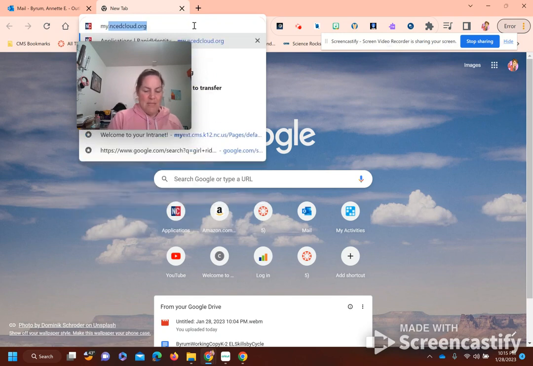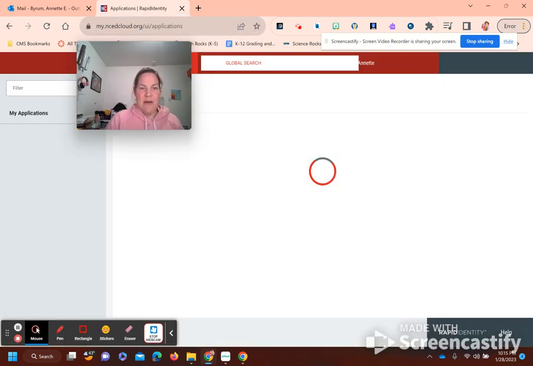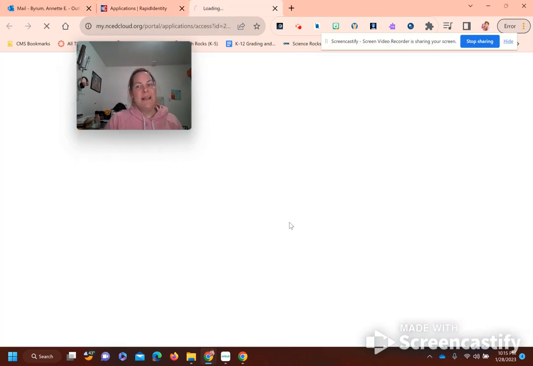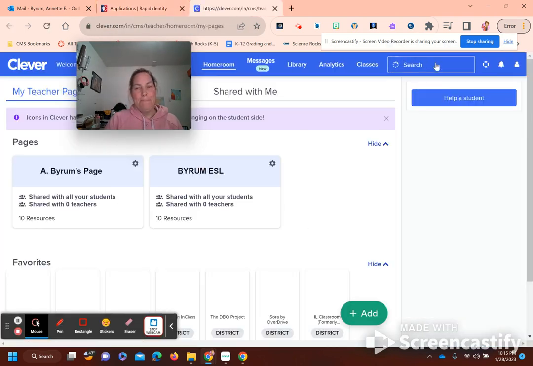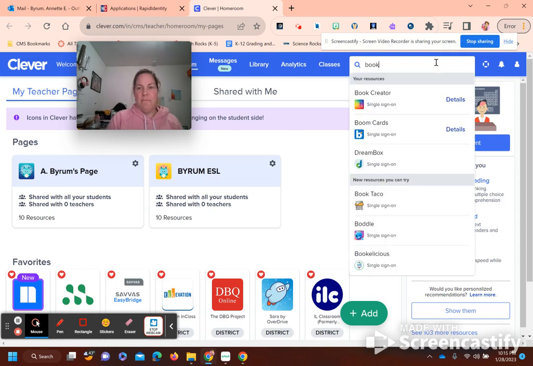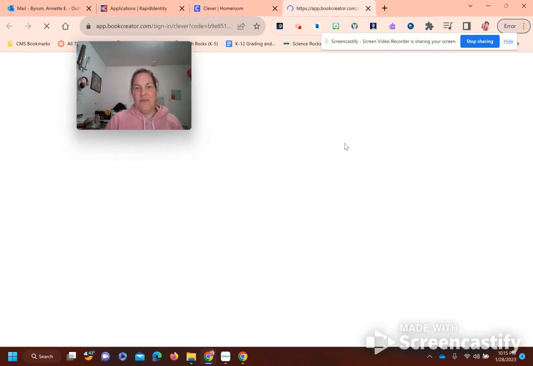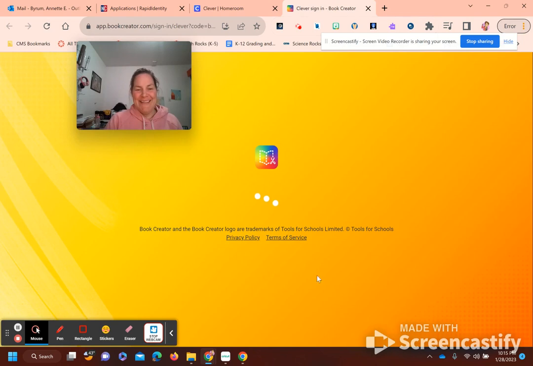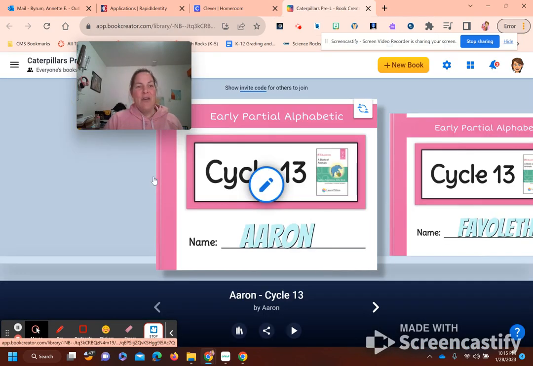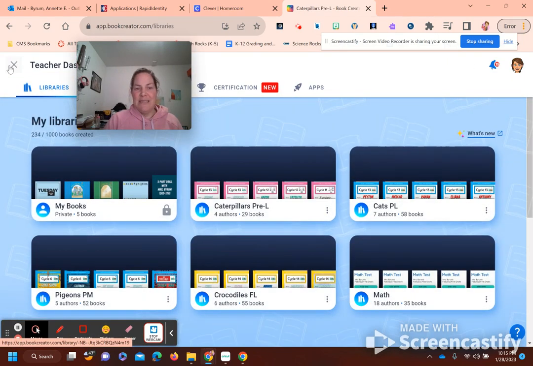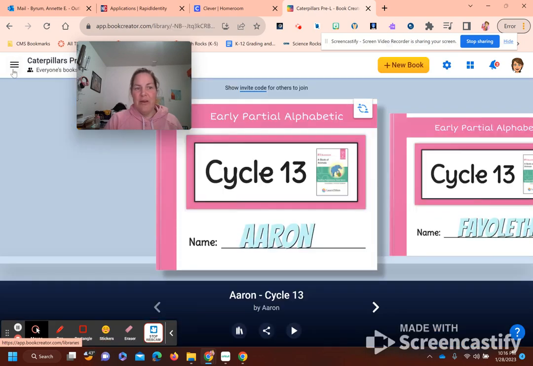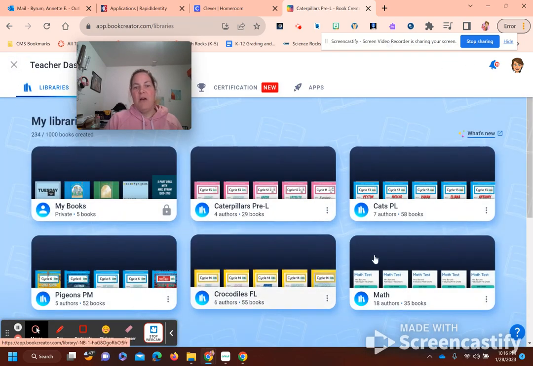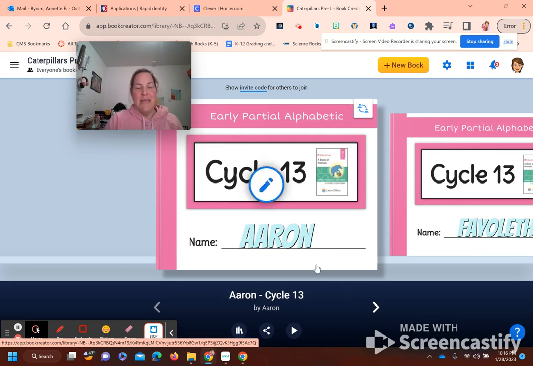my NC Ed Cloud and I open up my Clever and I type in the word book and it pops up. It's the rainbow colored book. And it opened me up to my caterpillars, but if it doesn't, I can click up here on this hamburger and it shows me all my libraries, but I want caterpillars. And I look, and last week they did cycle 13, so now I'm looking for cycle 14. So again, where I find the books,